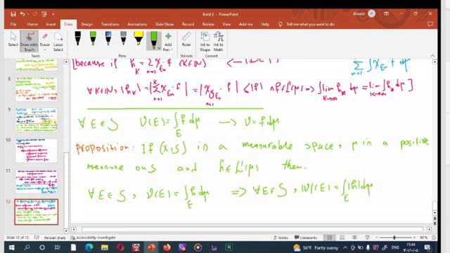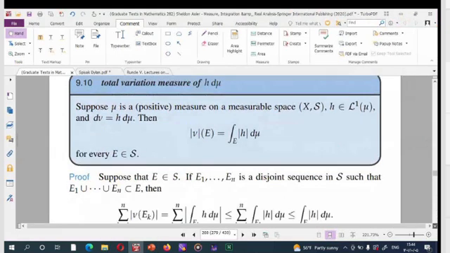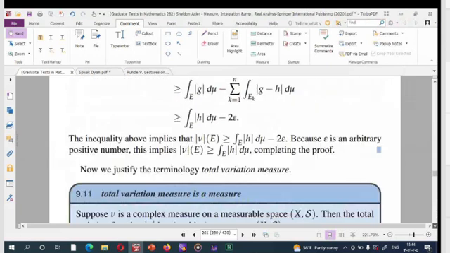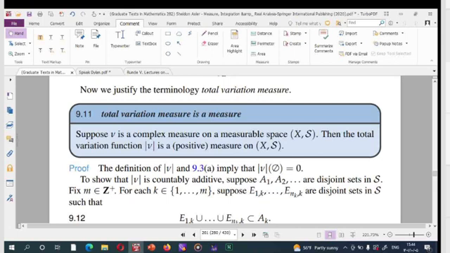Equal to this integral, and this is a very nice relation between total variation and absolute value of this measurable function, okay? We omitted these proofs to save time,